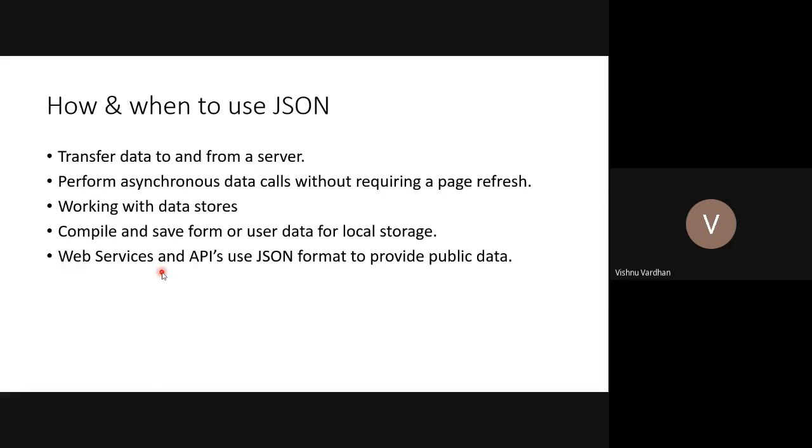So web services and APIs use JSON format heavily nowadays. It has some disadvantages as well as advantages, but if you want to create an application very rapidly and don't want to bother about many other things, then JSON format is the best choice. So in that way you can understand.